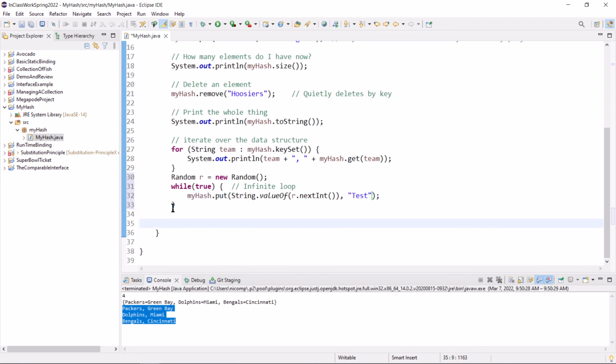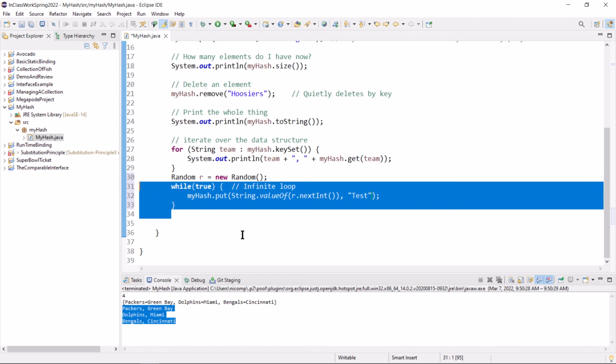So now I have this really lame while true loop, this infinite loop that will run forever and cram unique keys into my hash table until something goes wrong, which is what I wanted to happen. Although I am a little bit nervous because this may negatively impact the video recording that's going on in the background. So it shouldn't, but it might. If I don't talk to you again, you're all my friends and I admire all of you, but let's try it and see what happens.